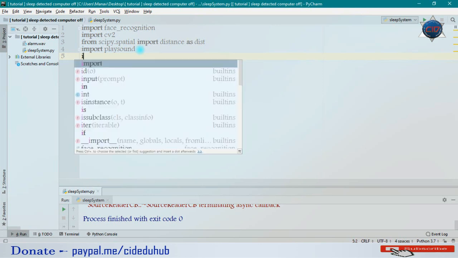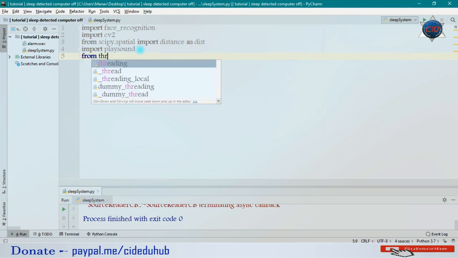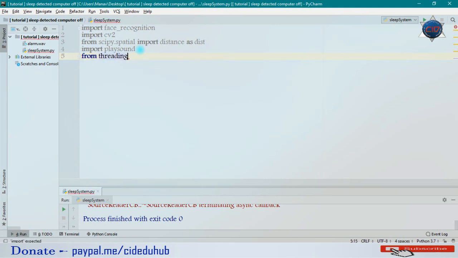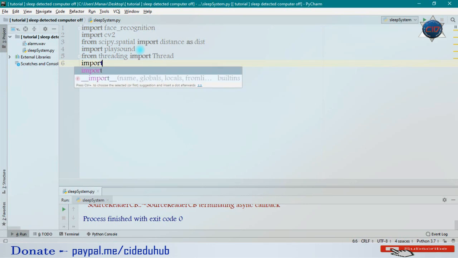So we'll use from threading import Thread, because we are just going to use a thread here. Now I will also use numpy, and I will name it as np.